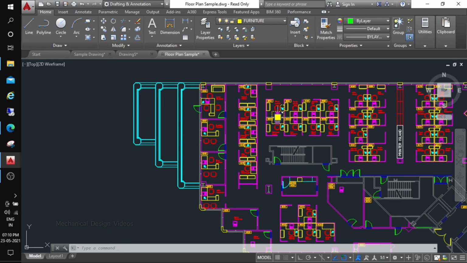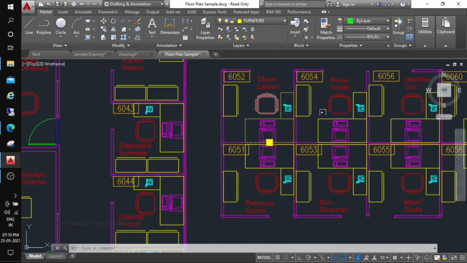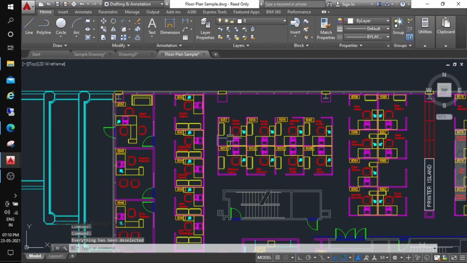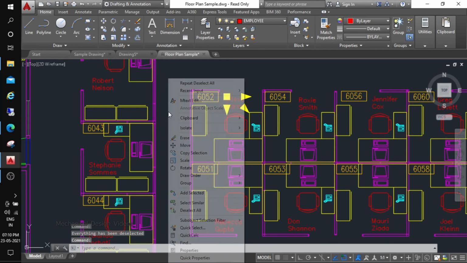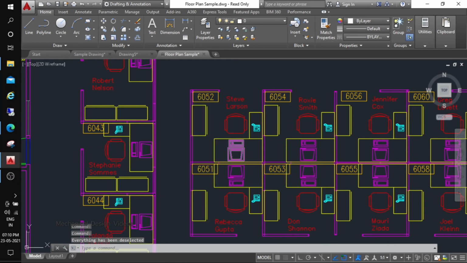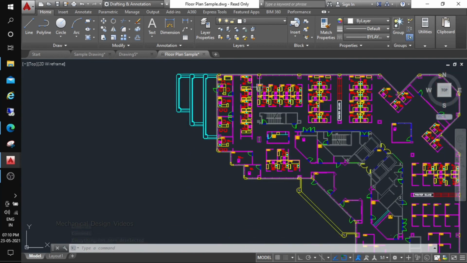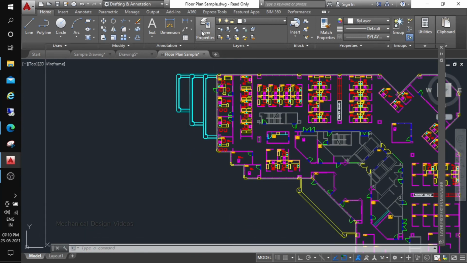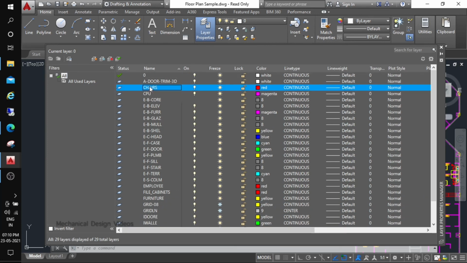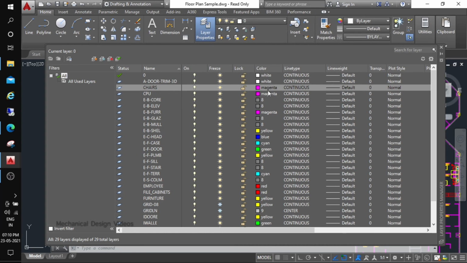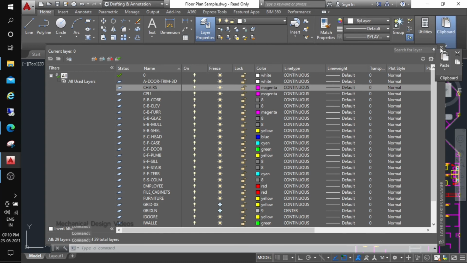If there is no layer, we have to individually select each and every object one by one. You can see there are a number of objects, so it will be difficult for us to work. Because of the layer, it is very easy now. Another method is also there. Go to layer properties, choose chair, whatever layer you want, and click on the color button. If I choose magenta and press OK, the property has now become magenta.